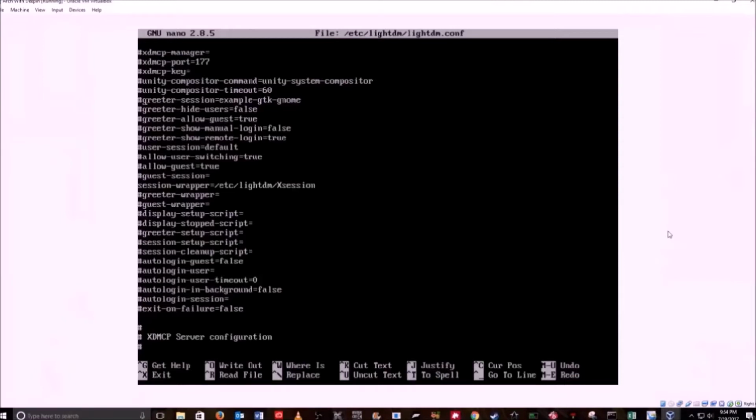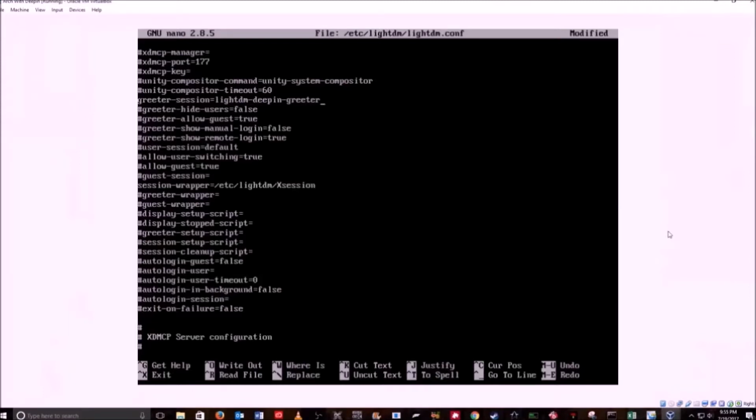Okay, you want to uncomment that, and you're going to make the following change, and we're going to make it greeter-session equals, so we want to delete basically everything else. Okay, and then you're going to type lightdm-deepin-greeter. Okay,